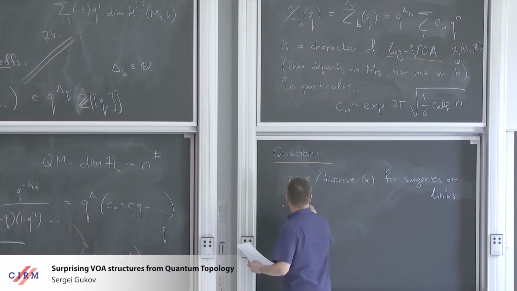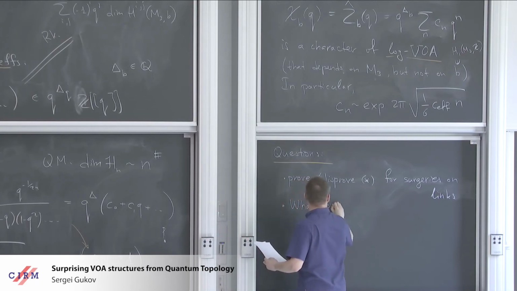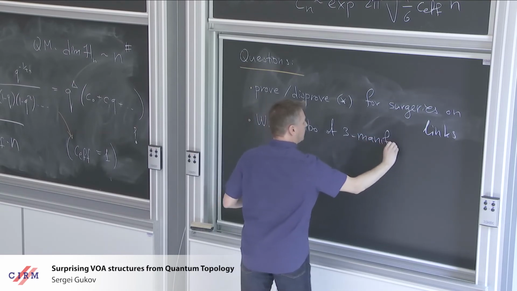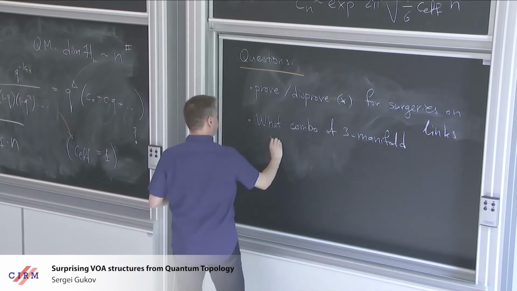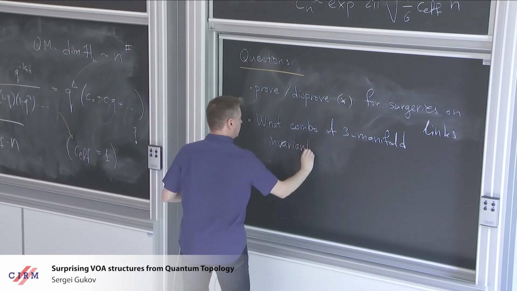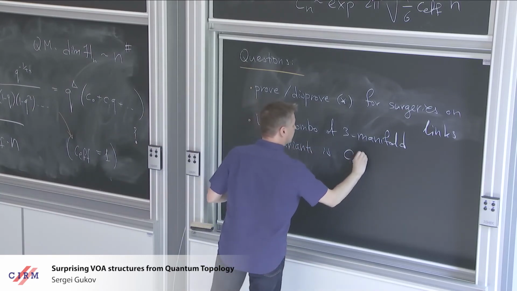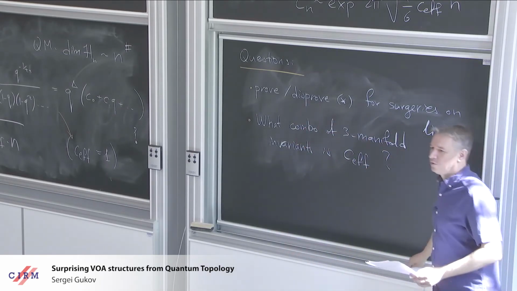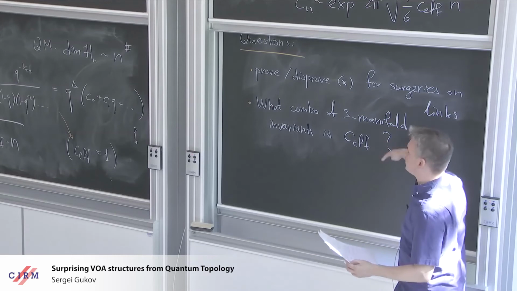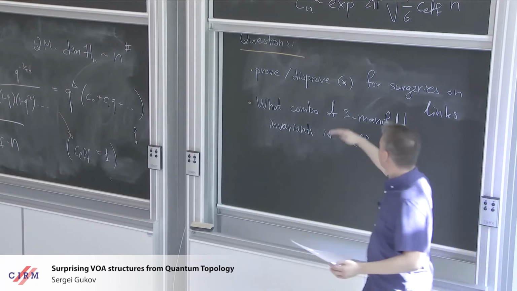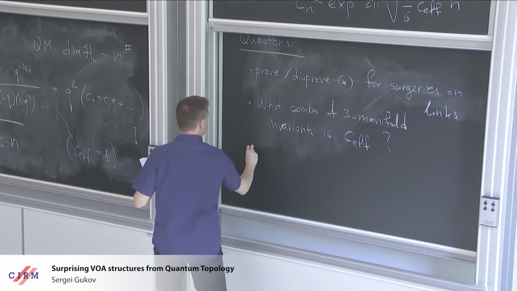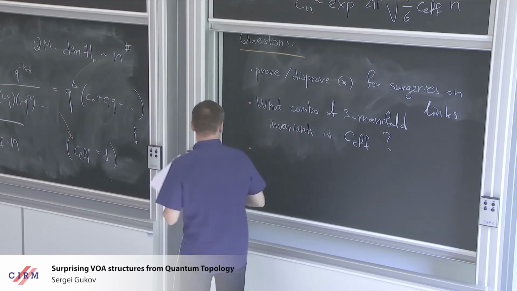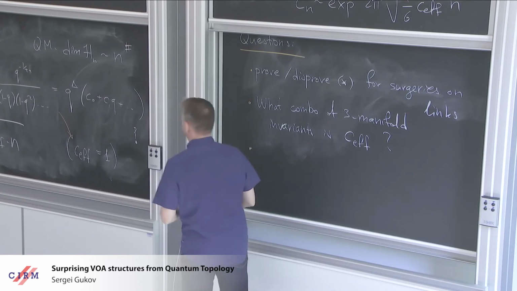In other words, what combination of three manifold invariants is this number that controls the rate of growth? I have no clue. Both of these questions, of course, can be answered by trying to explore this behavior in some families. And thinking about this, the most ambitious form of the question would be to actually construct